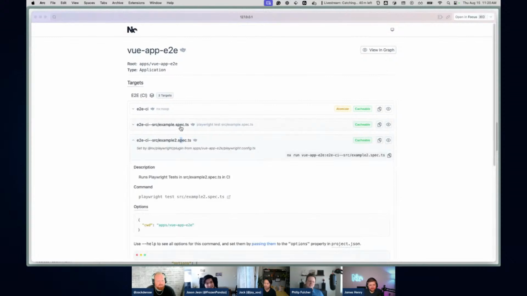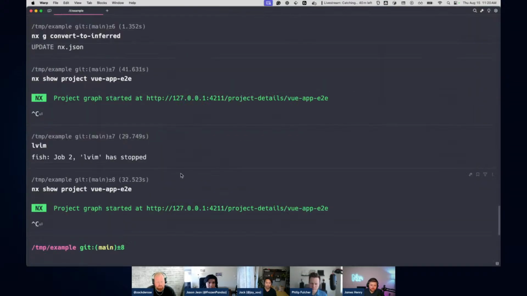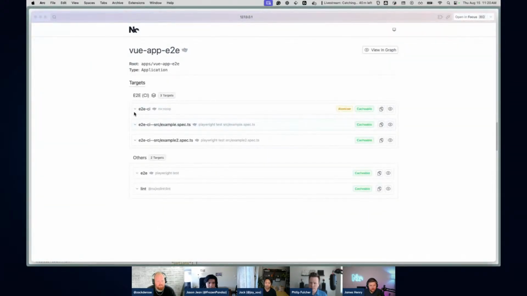Yeah, so here we have 2 files, right? You can imagine if each one of these takes, for example, 4 minutes, and you have 10 of them, that's 40 minutes if you're running not in parallel on the one machine. If you have like 10 agents, you can distribute them to the 10 agents, and then the whole thing will take roughly 4 minutes for the total run, plus or minus some fixed costs. But it's just a lot nicer because you don't have to configure your project JSON to do the same thing. We just do it automatically for you. So this, I think, is probably the biggest reason I would convert your project.